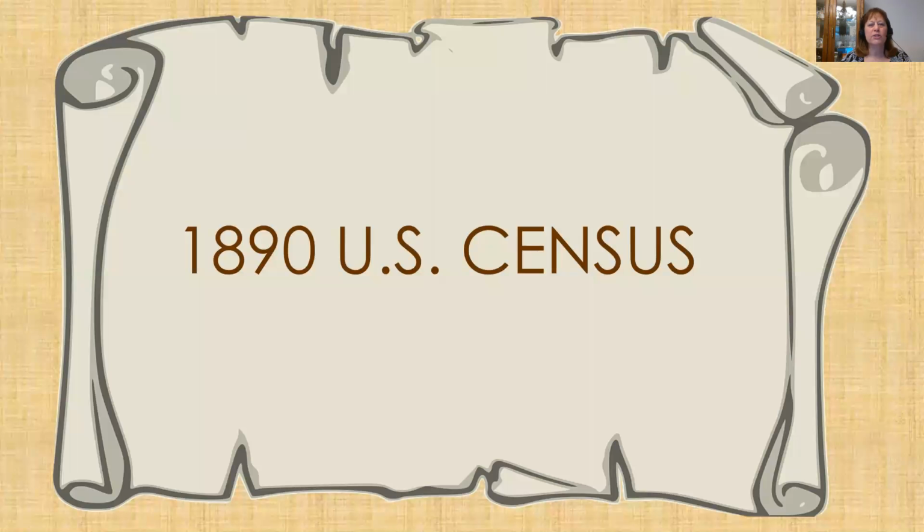Because June 1st fell on a Sunday, the official date of the 1890 census was June 2nd. At that time, there were 42 states in the Union, and the U.S. population was just shy of 63 million people. But